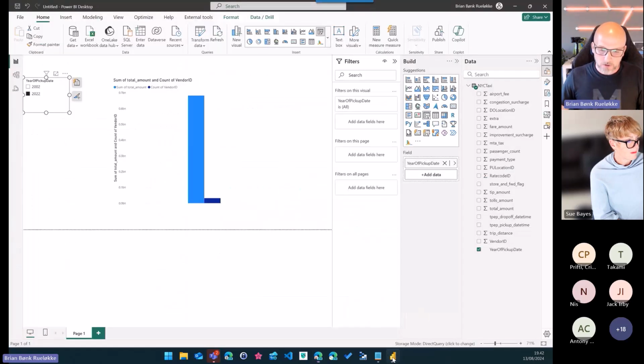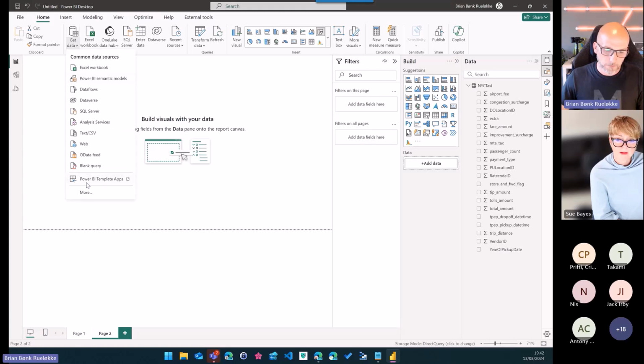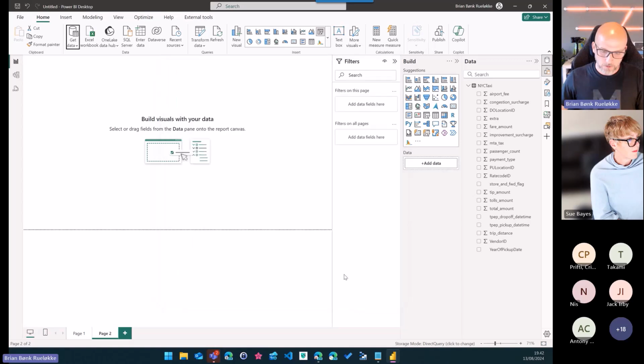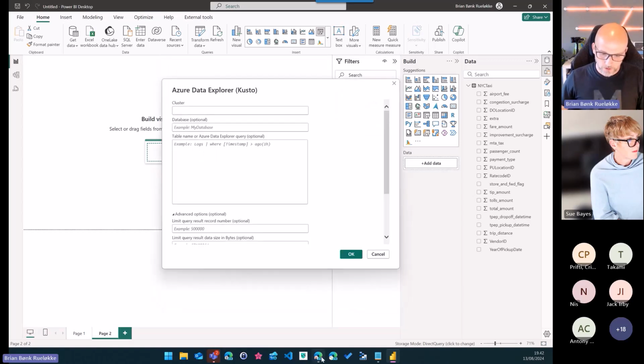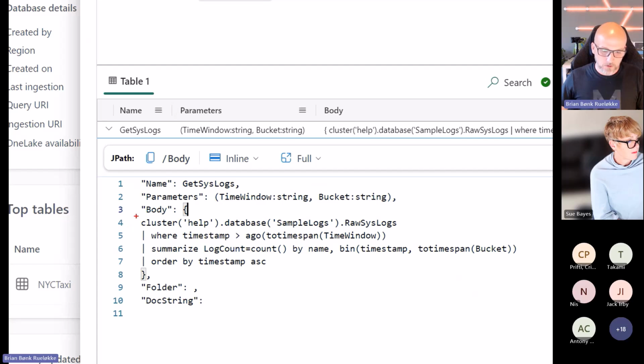I can use this in Power BI. So get data again from Kusto as a data explorer. Connect. Oops, I forgot to show you that this function calls a cluster outside of my existing cluster. And this cluster is a health cluster.